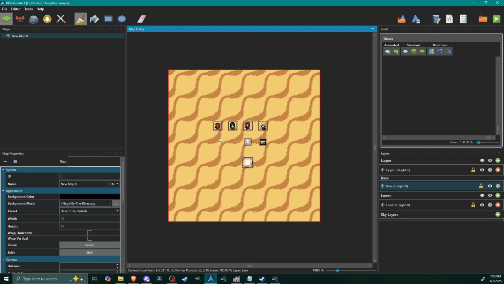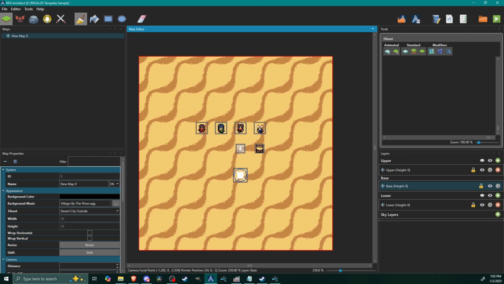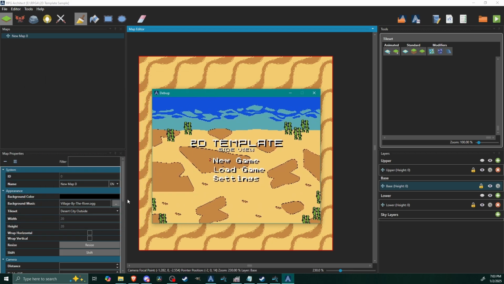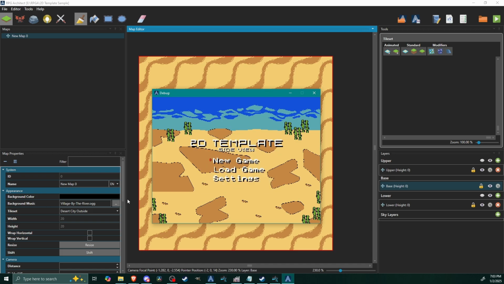And here we go. This is the start of the template project. You got the single map. You have 4 little characters here. You have this icon here which shows where the player starts. But let's just go ahead and run the template project, and you can see how it comes out of the box. So we have our menu. You got new game, load game, settings. Settings just has a music volume bar you can adjust. But we'll go to new game,